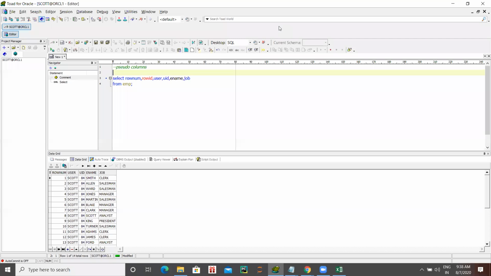So pseudo columns means false columns. We can use them in any table; they are not actually there, but you can use them. ROWNUM means it will give the serial number.